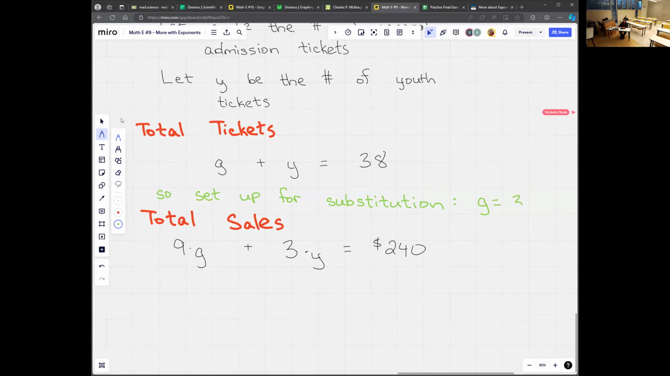So it'll make it negative y plus 38, or G equals negative y plus 38. Yep, I'm writing it as 38 minus Y, but yes, perfect. So now that we have G equals blah, wherever we see a G, we can put blah. So now we have 9 times